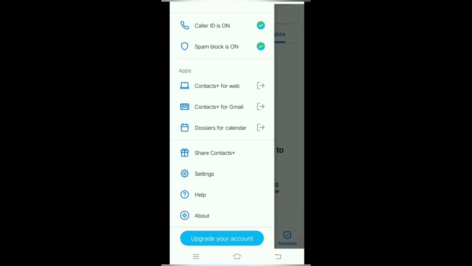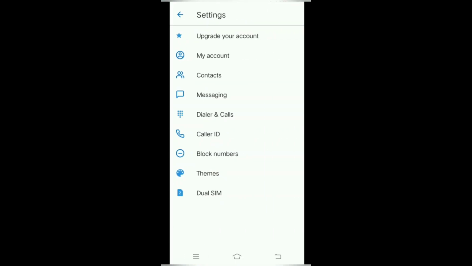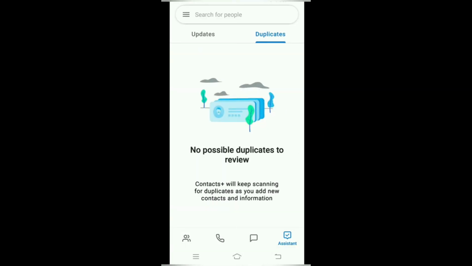You can also message through this application, block numbers, and you can change themes, and if you are using a dual SIM, you can change that too. Contacts Plus also has a home screen widget for quick browsing and calling. It displays your contacts in a photo grid or a traditional list. So it is a great app to use.